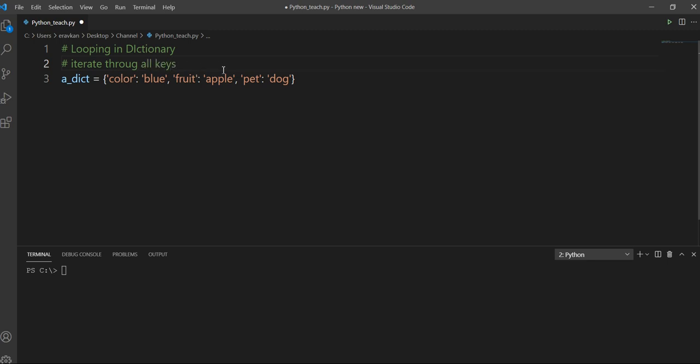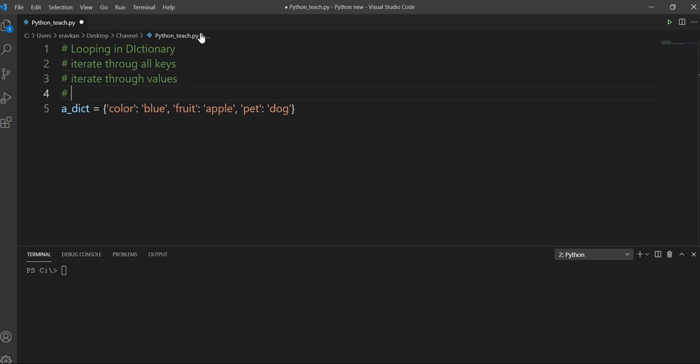So these are keys, just like color, fruit and pet are the keys. Second, we can iterate through values as well. Third option is we can iterate through key and value pairs. Okay, we will discuss it one by one.